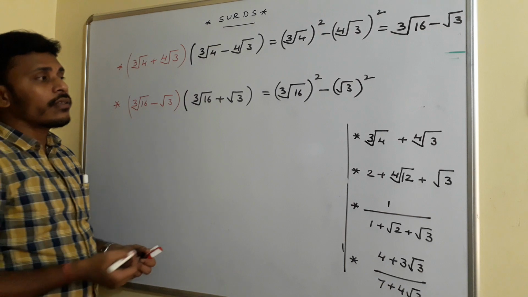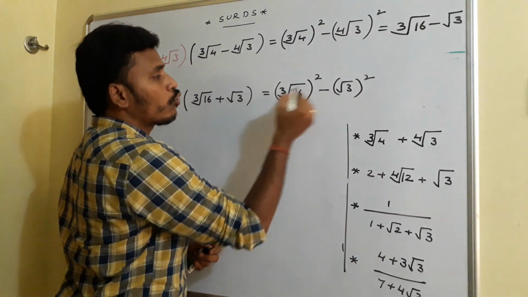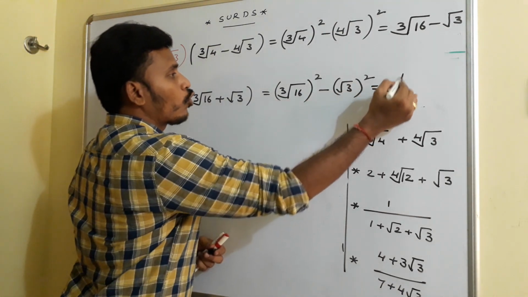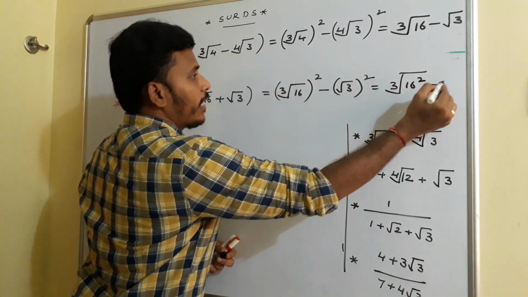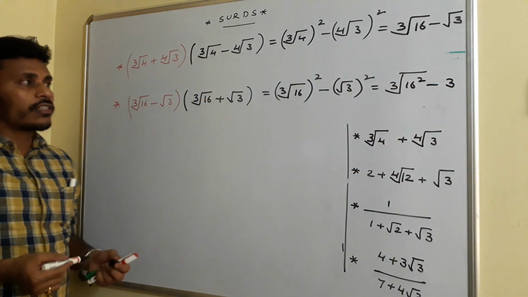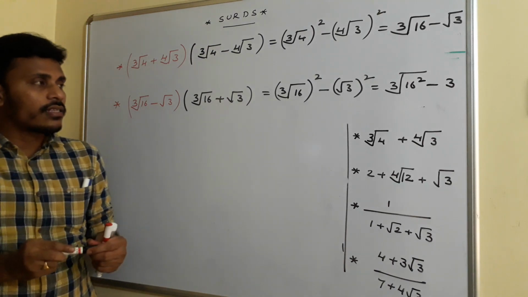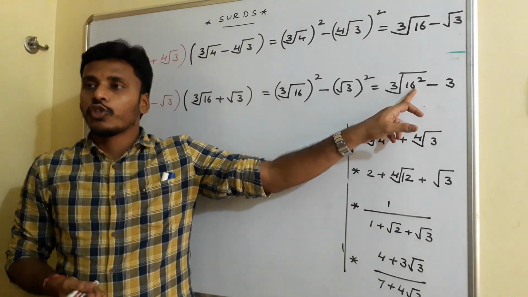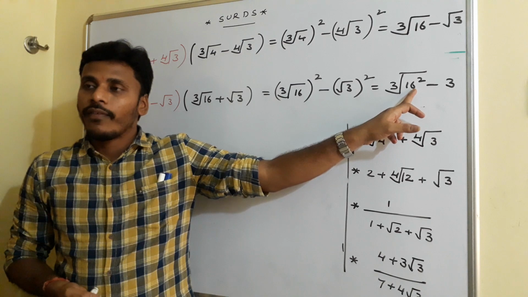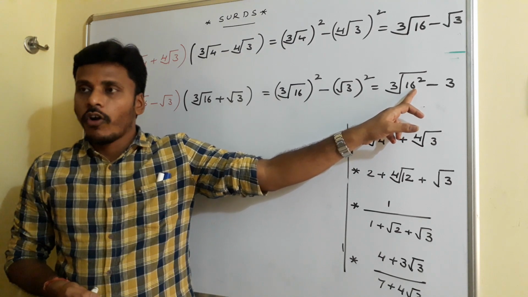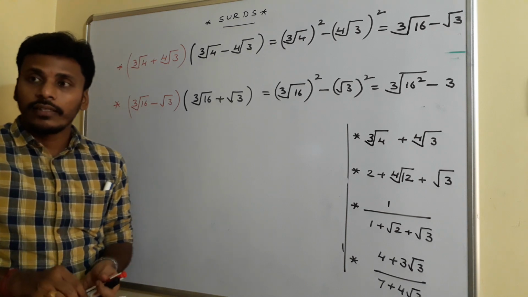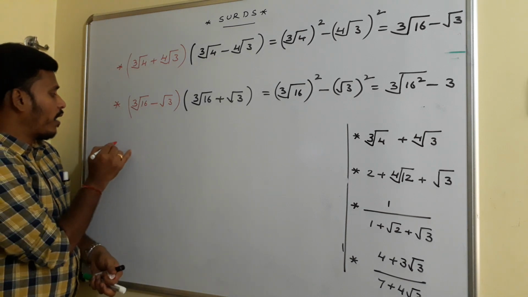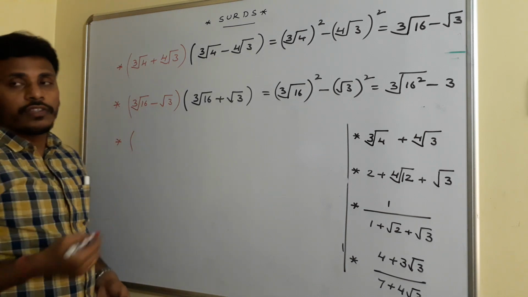Okay. And then if you multiply, the result is cube root of 16 square minus 3. Still this is cube root of 16 square. This is 2 power 8. Still you have a third root term here. It is not rational, so again you need to multiply with some more terms. Now just have a look here. Now I am left with the number cube root of 16 square.